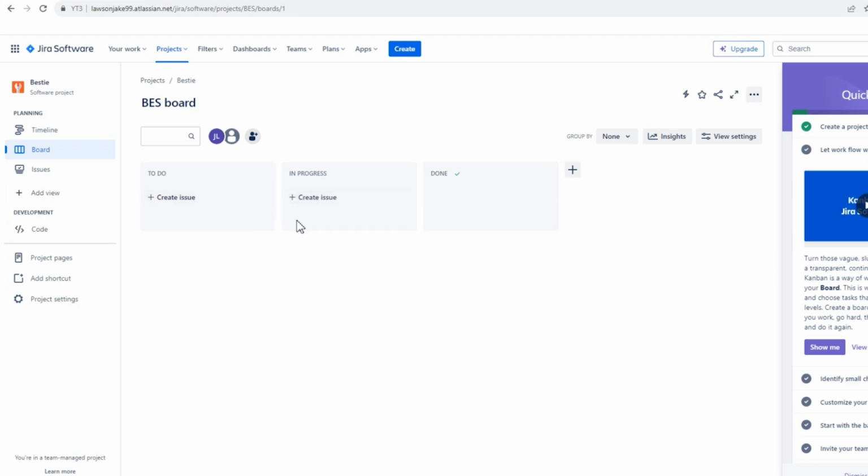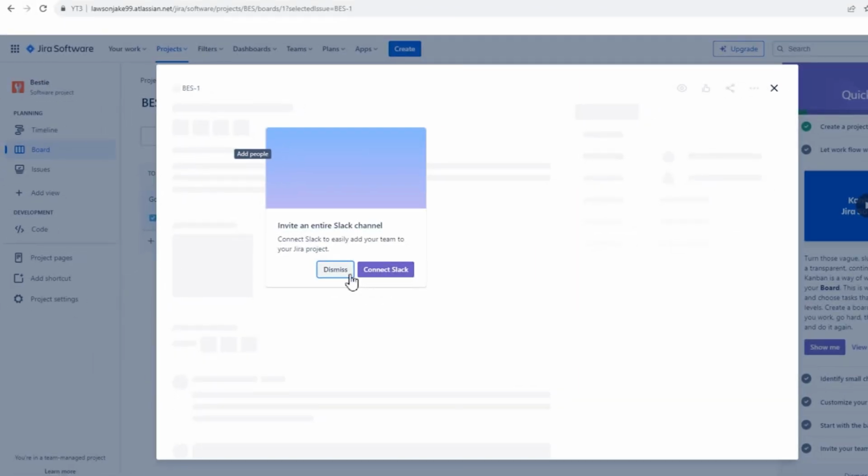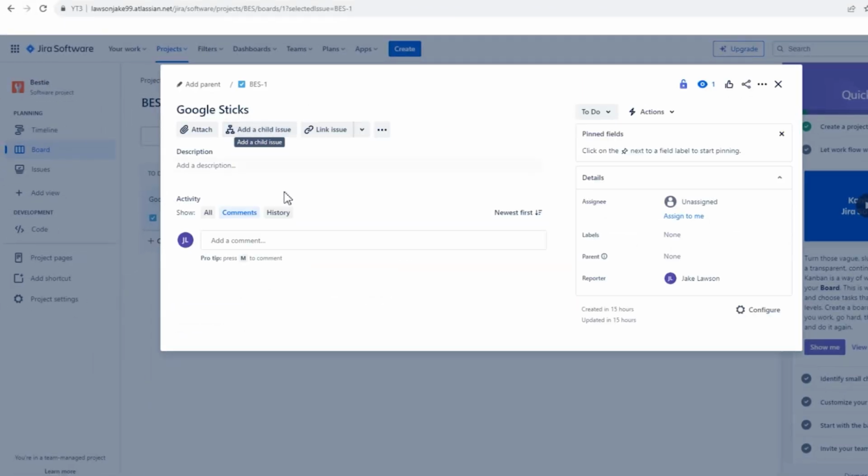So over here you're going to create an issue, basically what needs to be done, and then you can go ahead and continue. So over here, let's just add something like Google sticks, and as you can see, we can also, so let's go ahead and assign this task to this person. Also you can choose who you can assign it to, and also you can add some description, comments, attach something,